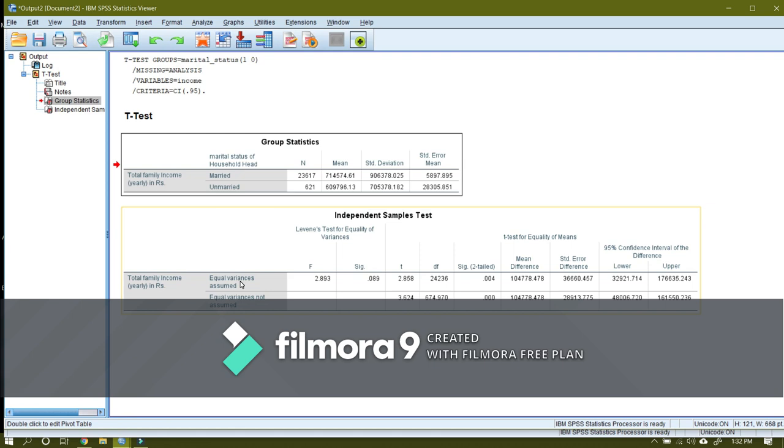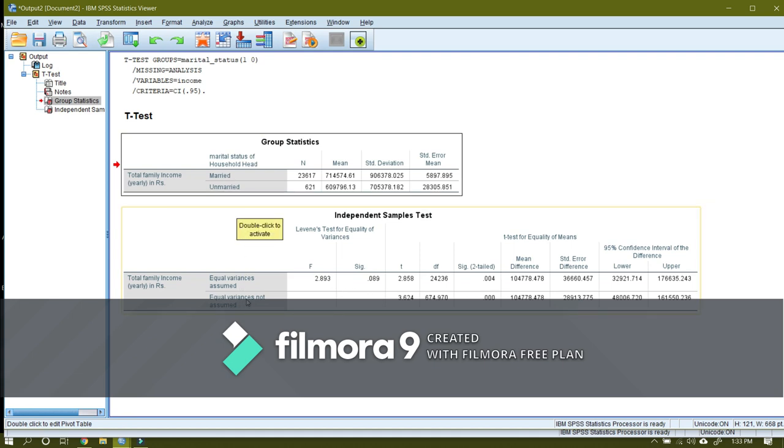The alpha is the level of significance, which is 5%. This is the test statistic, which is F. And now we will look at the p-value of this F test. Since this is less than 5%, we reject the null hypothesis of homogeneity of variances for the married and unmarried headed households. So we won't use this t stat for the comparison of means, because the variances of the two groups are not homogeneous.